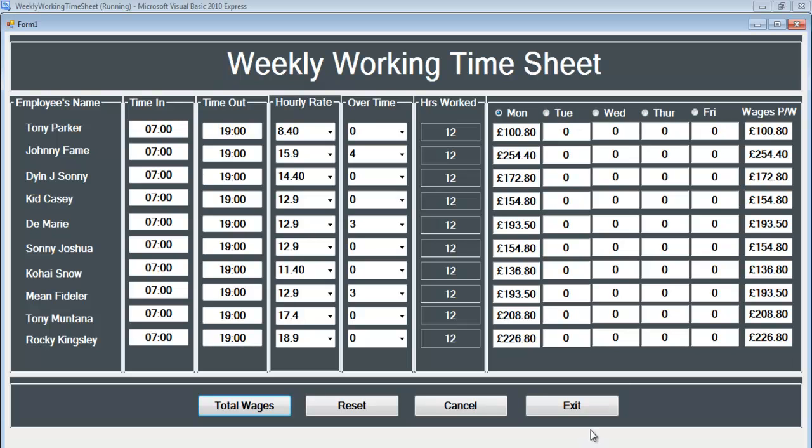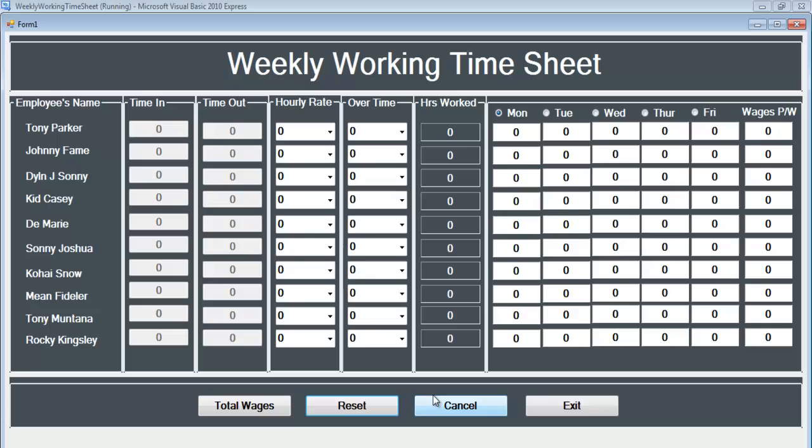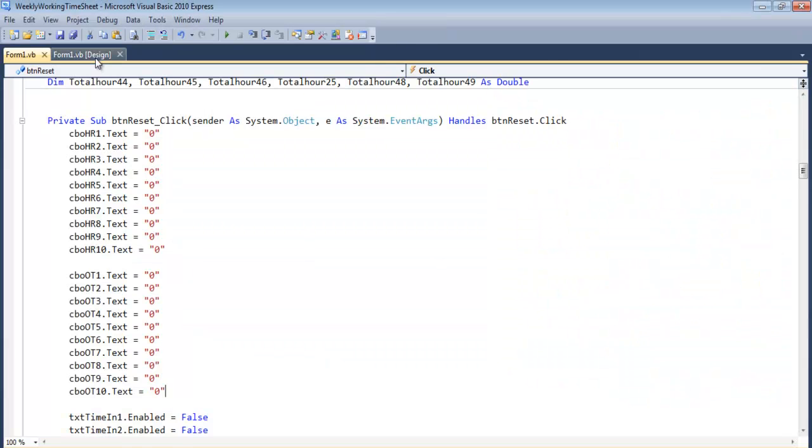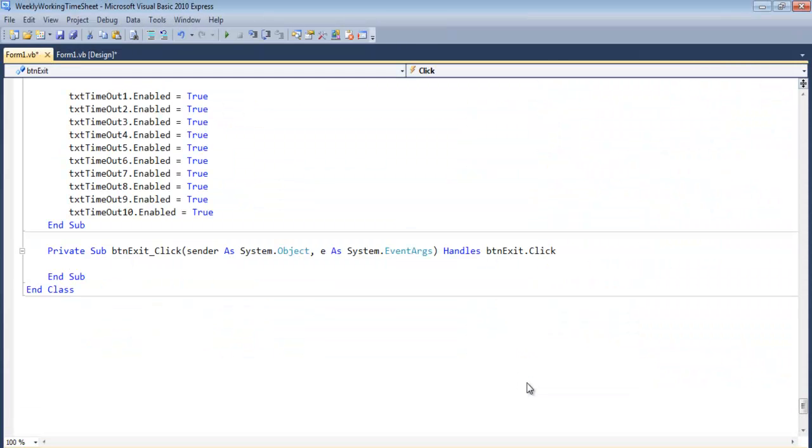This is not working yet. Maybe we should just take care of that now. Yep, the reset works. That's good. Okay, let me take care of exit right now. Double click on the exit application